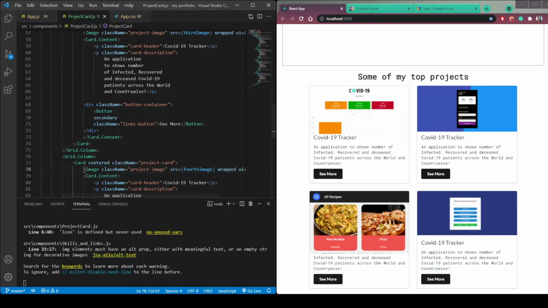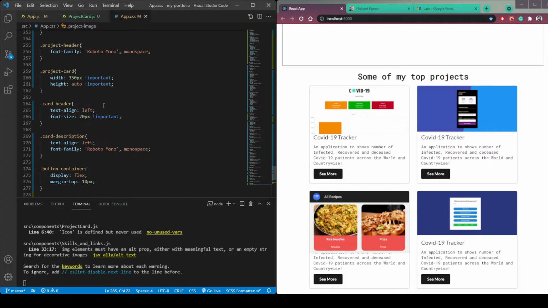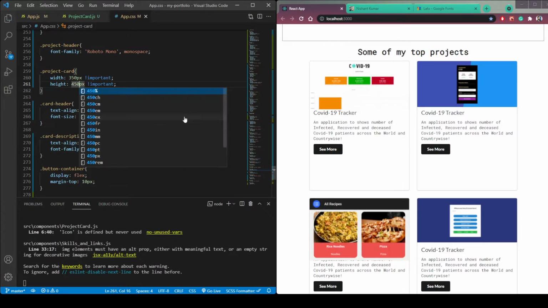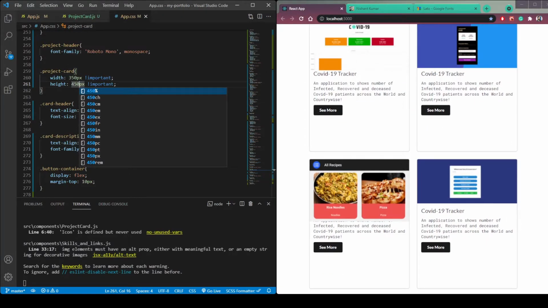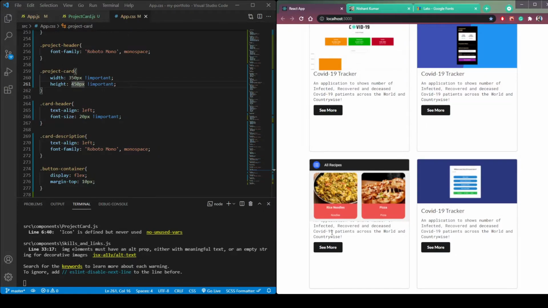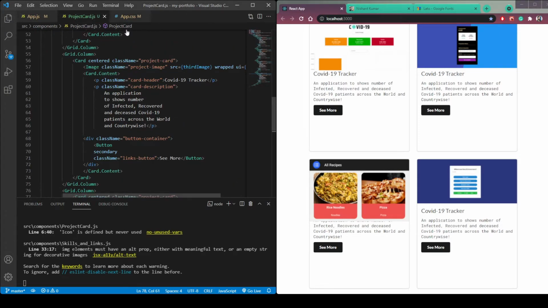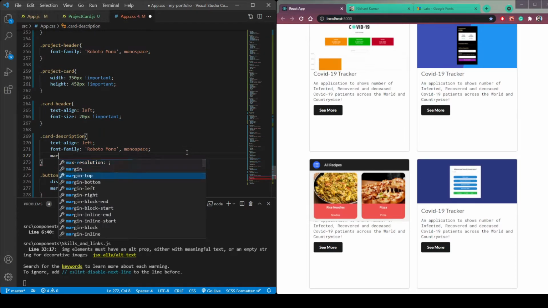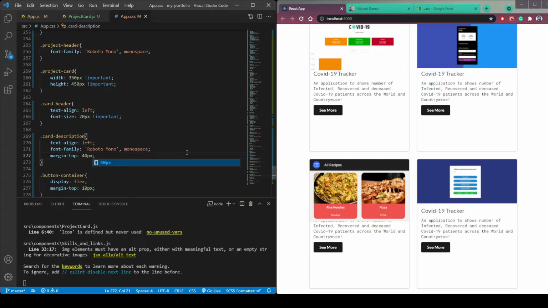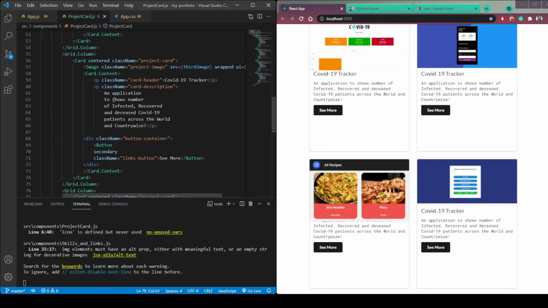We need to increase the height of the card. So remove this auto and let's use 450 px, or let's use, okay, 450 is fine, but we need to make this description give it a little bit more margin. So card description margin top 50 px, 40 px, let's try it. Or what we can do is,